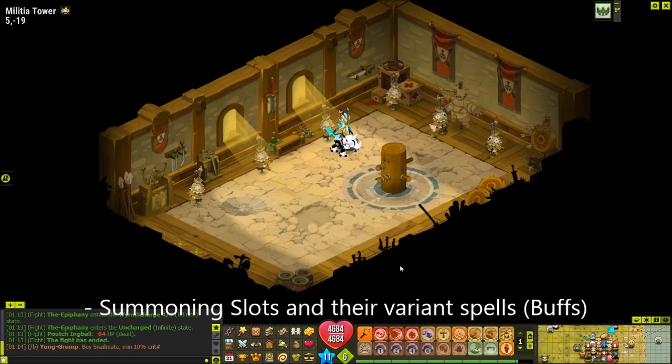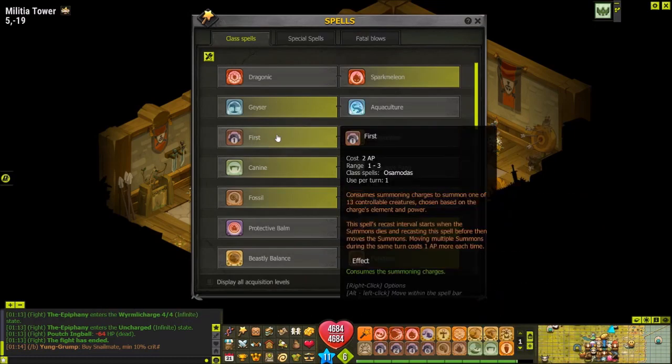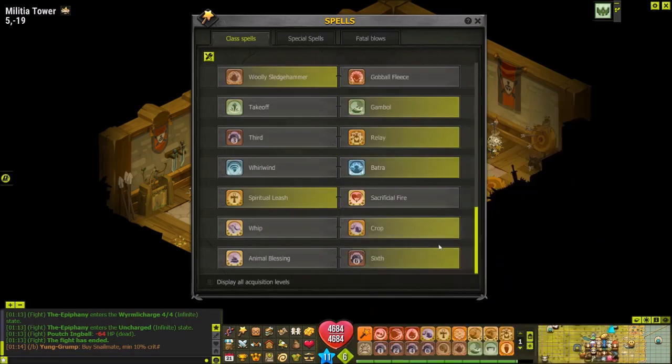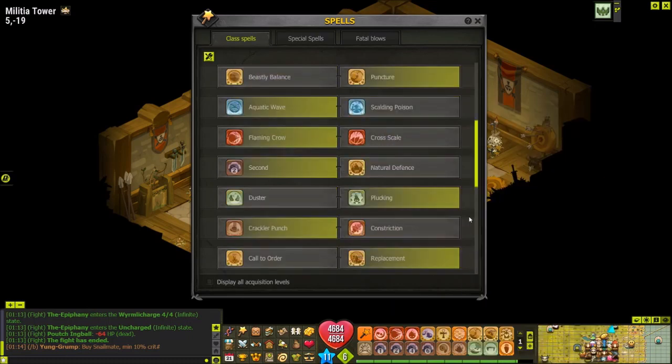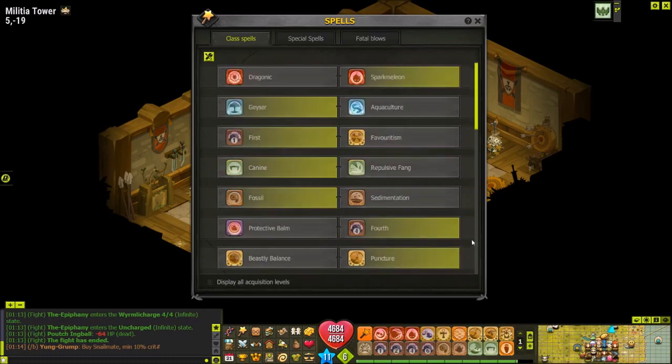Alright, now what I'm going to do is explain the summoning slots. So the summoning slots are basically numbered spells. So we have first, we have fourth, we have second, we have fifth, we have third, we have sixth. Now that is obviously just numbered spells. They are basically summoning slots, and you notice there's only 6 of them. So that means the maximum number of class summons that you can summon is 6, and as opposed to the previous